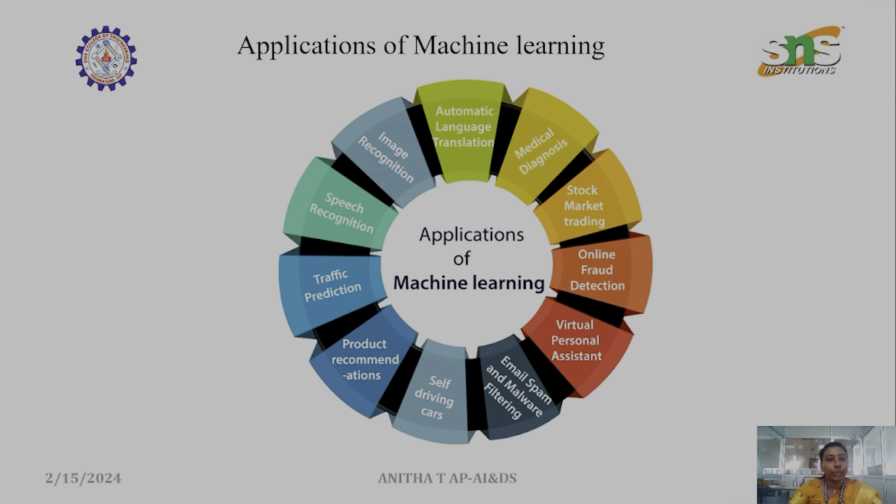Next, coming to applications of machine learning. These are some of the machine learning applications: automatic language translation, medical diagnosis, stock market trading, online fraud detection, virtual personal assistant, email spam and malware filtering, self-driving cars, product recommendations, traffic predictions, speech recognition, image recognition, and many more. And now, for example, business intelligence, BI and predictive analytics software use machine learning algorithms including